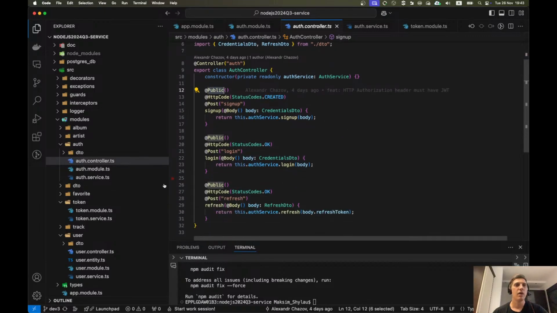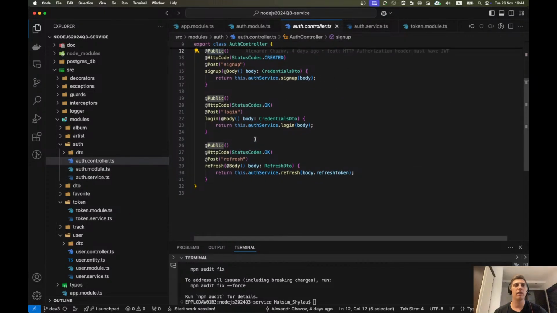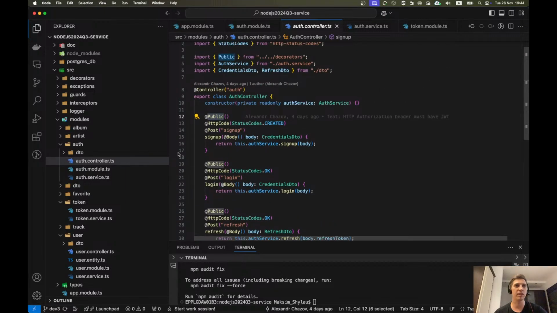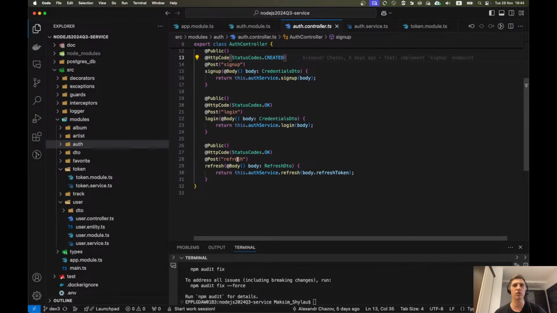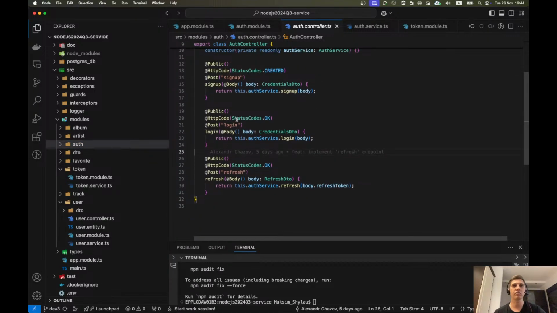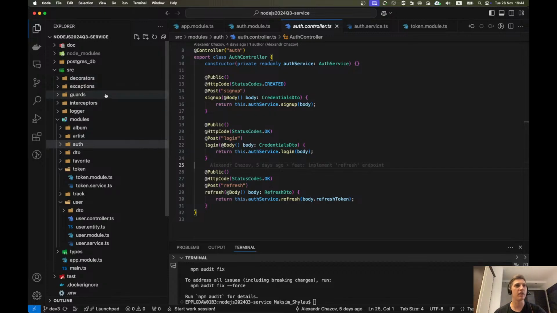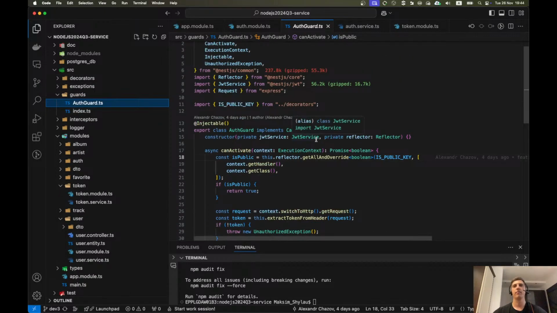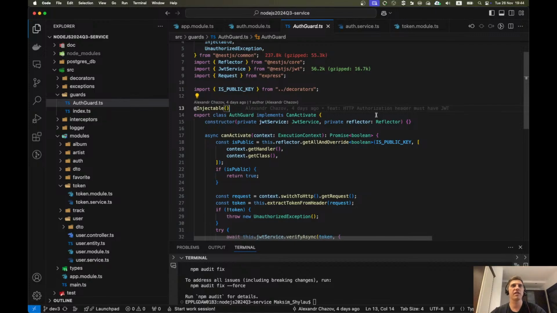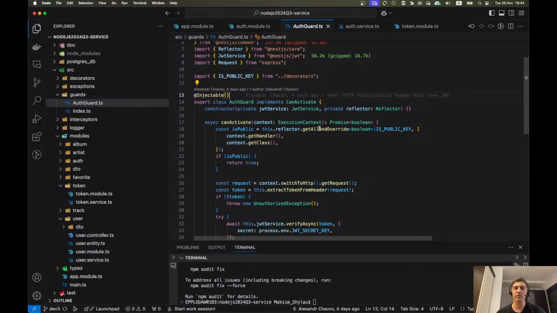Okay, we have seen how we generate this code, but we need to check how we check this presence of the tokens, and we need to take a look at the guards. So what is the guard? Guard is the thing that implements can activate interface. It should have method can activate, which returns Boolean value, and if result is true, then we can proceed with request,